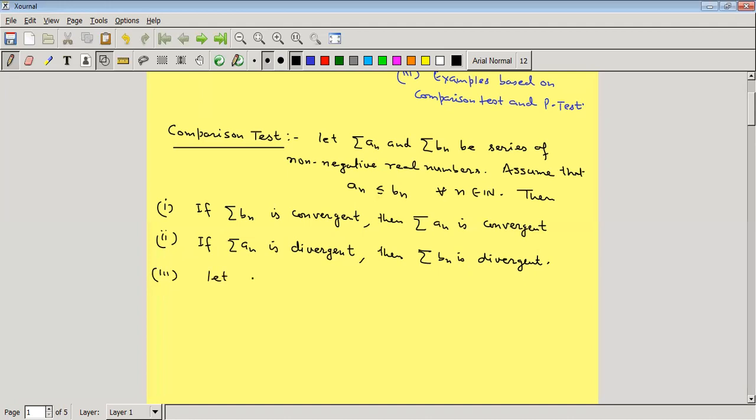So let summation bn be a series of positive real numbers. Assume that summation over n, n equal to 1 to infinity, of bn is convergent